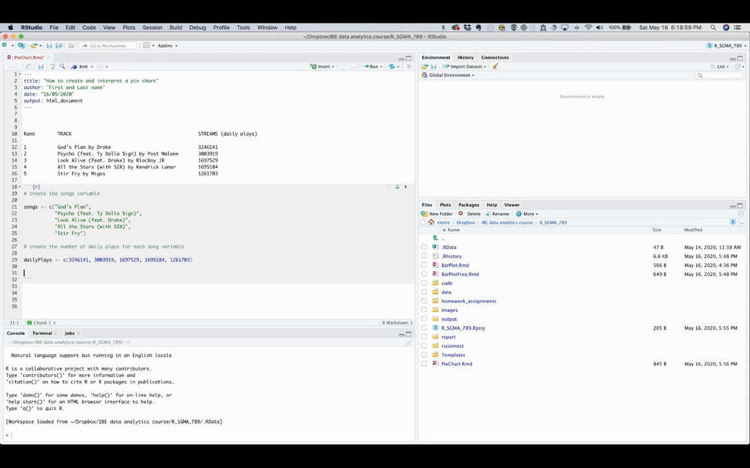The third step in creating a pie chart is to use the pie function, which we write in the next comment line. Inside the parentheses of the pie function,